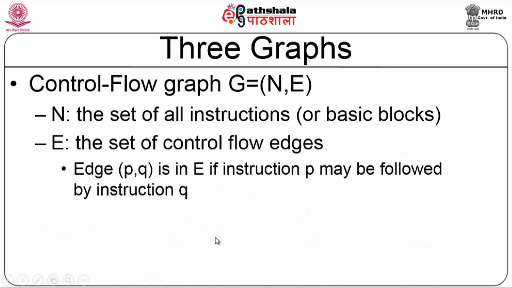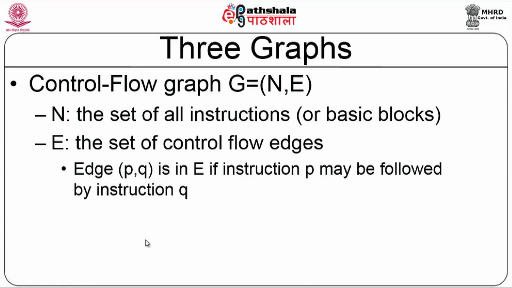The next one is the control flow graph, which we have already looked at, where each node corresponds to a set of instructions, all in three address code, and there will be an edge between the blocks indicating the flow of control. And there is a dependency graph, which we have already looked at in the semantic phase of the compiler, which indicates which variable depends upon which variable for its attributes. That is indicated using the dependency graph.